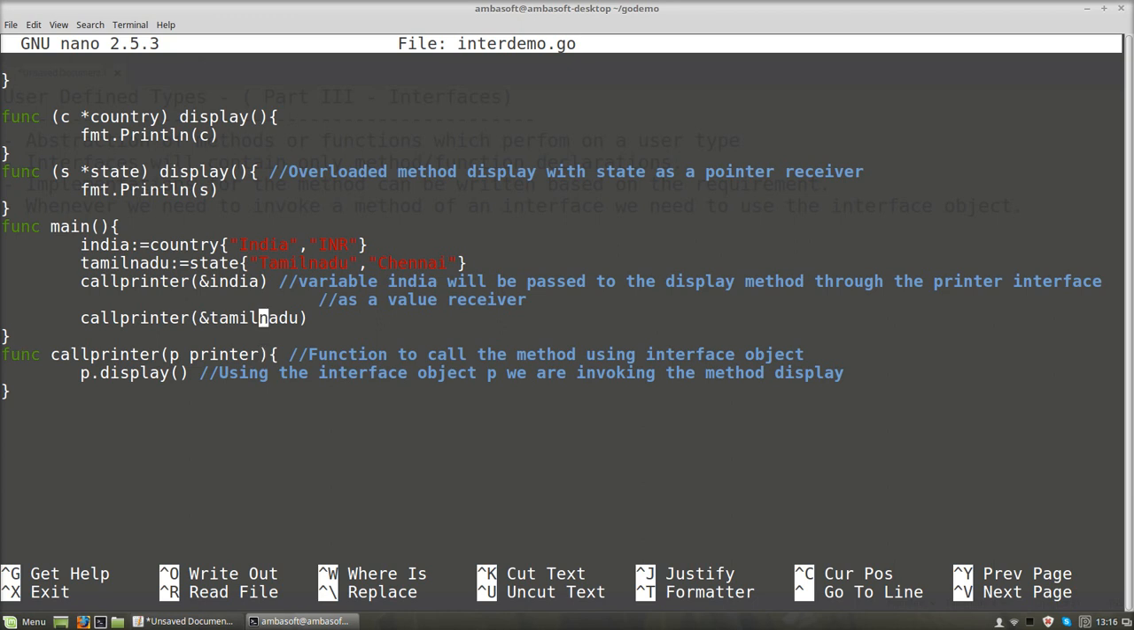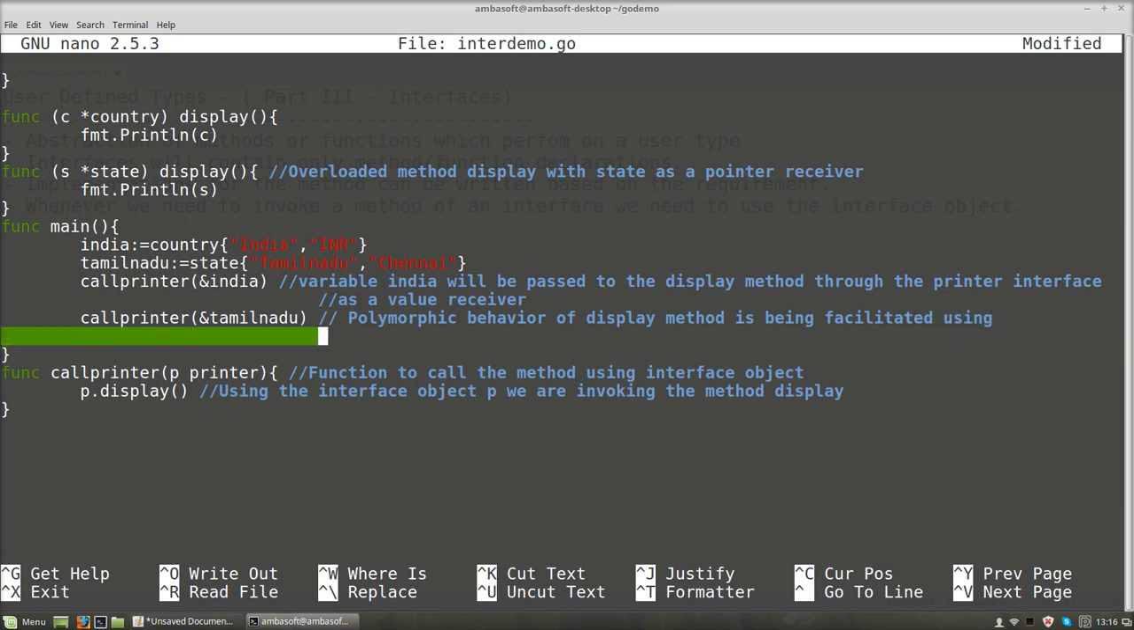state, which is Tamil Nadu. So what we are doing here is a polymorphic behavior of the display method being facilitated using the interface printer. So this is how polymorphism works